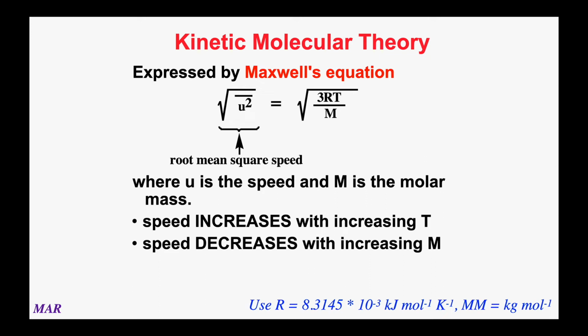Their mass is probably smaller, so their speed would be higher. And on the other hand, I like pizza and JoJo's way too much, so my mass is probably bigger, and bigger mass is going to have smaller speed. So you can use this idea with running, all right? Heavier people go slower, lighter people go faster. Heavier gases go slower, lighter gases go faster. So all of this is just trying to rationalize the behavior of gases and what you see when you analyze gases.